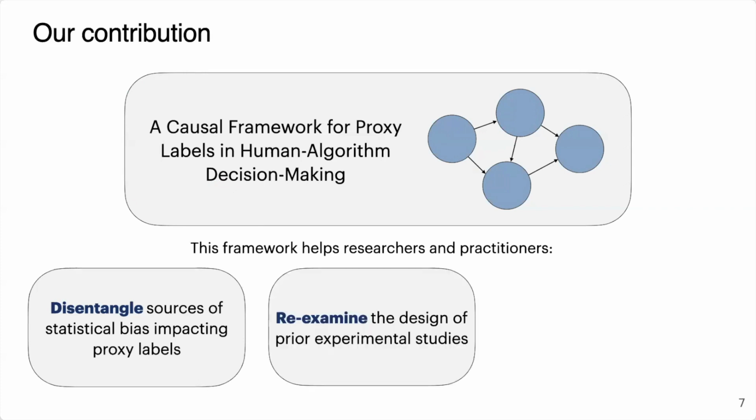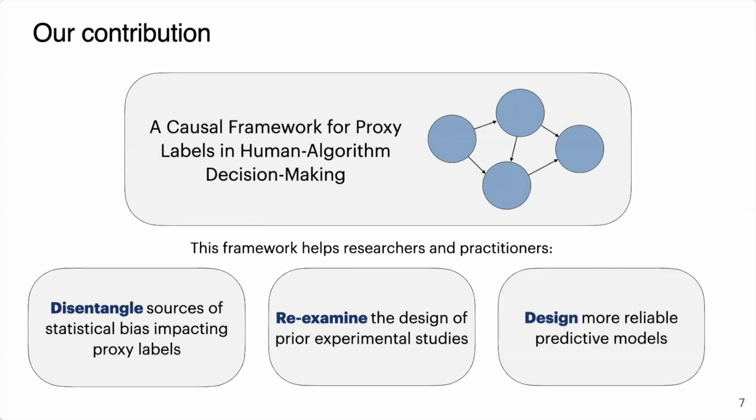This also helps to re-examine the design of prior experimental human AI decision-making studies. And finally, this framework also helps to support the design of more reliable predictive modeling tools going forward. So I'll talk today mostly about the first and the second point for this framework. I'll leave the discussion of re-examining the design of prior studies to the end of the talk. I have some additional slides for that that we can talk about during Q&A